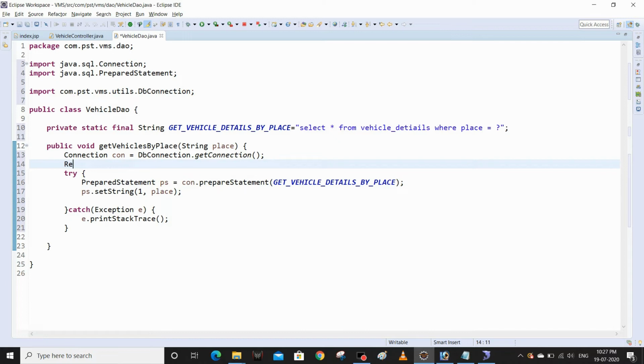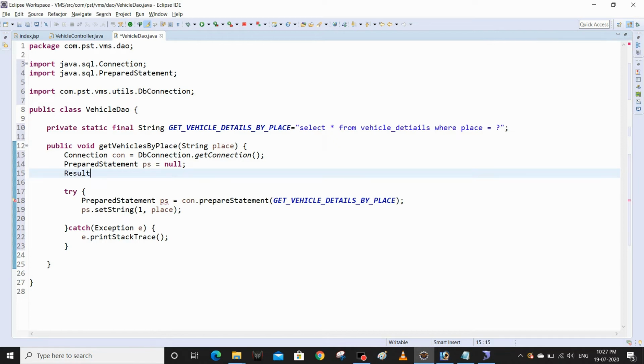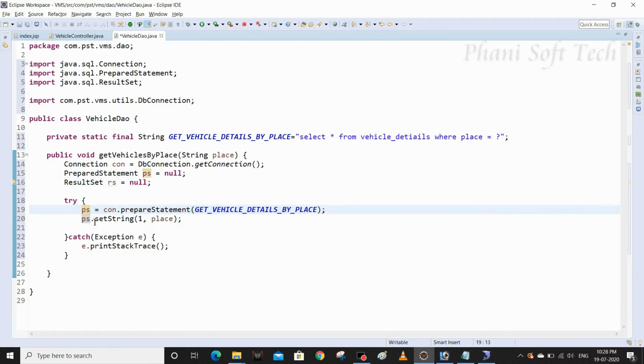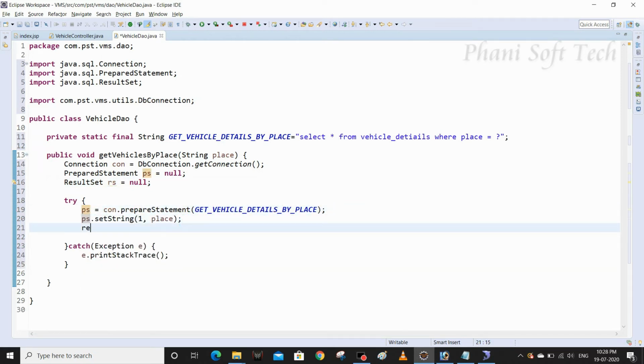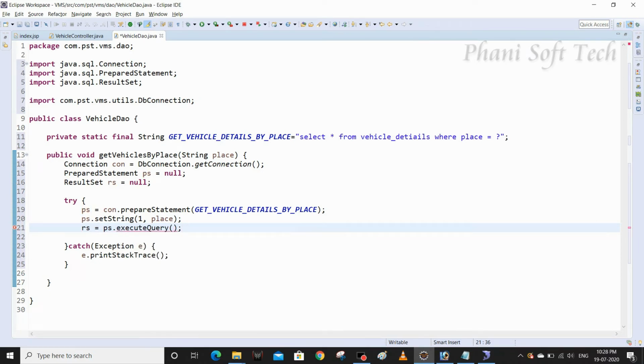Let me create these variables here as per the Java standards, with the PreparedStatement as null and the ResultSet from the java.sql package, rs equals null. Then, removing the declaration here, rs equals ps.executeQuery, which executes the select query and returns the ResultSet.